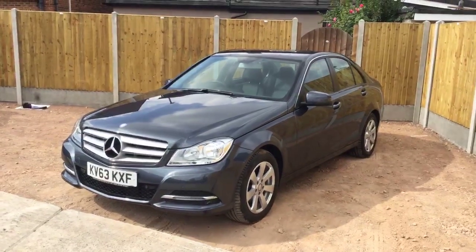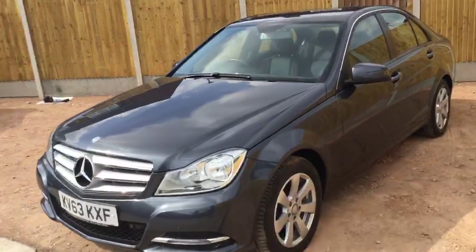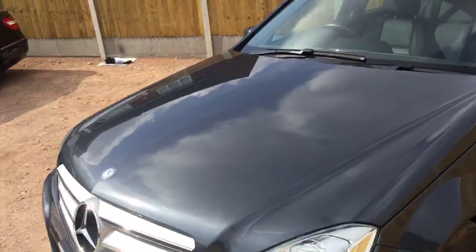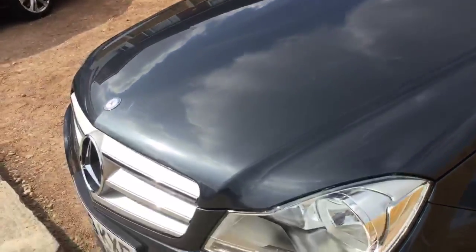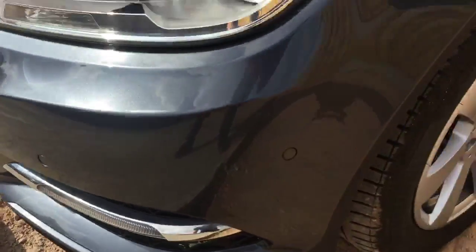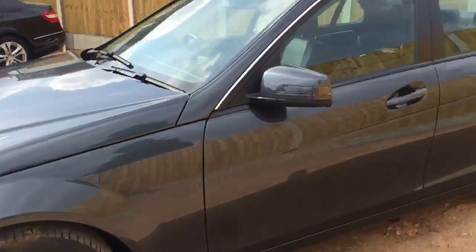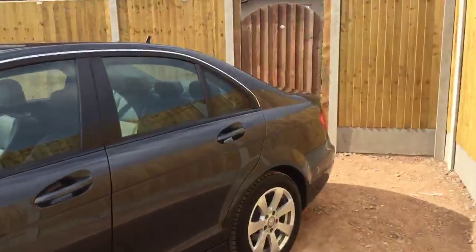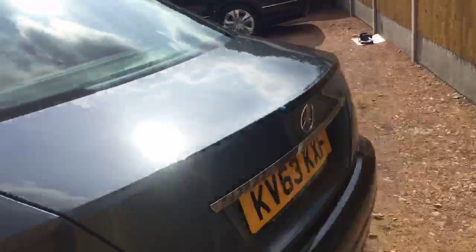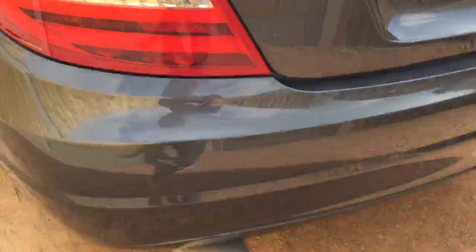Now available on McCarthy Cars: 2013 Mercedes-Benz C-Class 2.1 CDI Turbo Diesel Executive in metallic tenorite grey with front parking sensors, 16-inch alloy wheels, it's got the rear parking sensors,